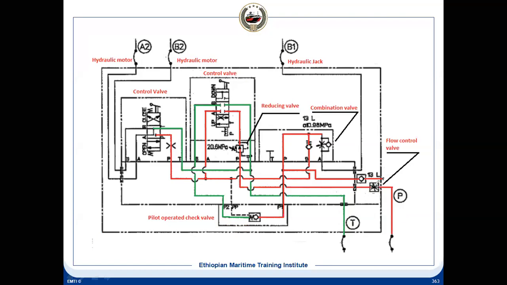So there will be a restrictor, flow control, and then where it is going, it is coming here, and then it is going through this, and there is a non-return valve, and there is a restrictor here. This is the combination valve between this non-return valve as well as the flow control valve. These are the shock valves. And then there is a reducer here, which is connected here, and there is a pressure point here. You can measure the pressure at this point, and then it is going in this direction.